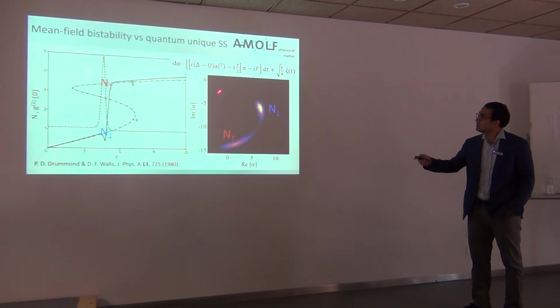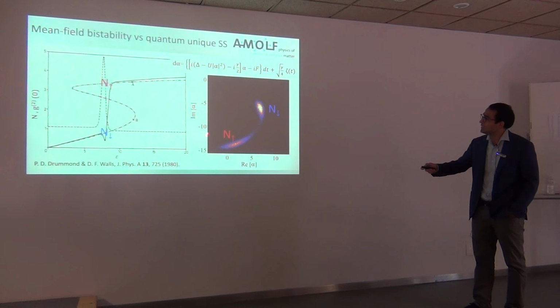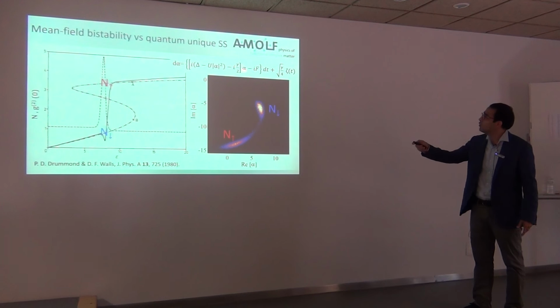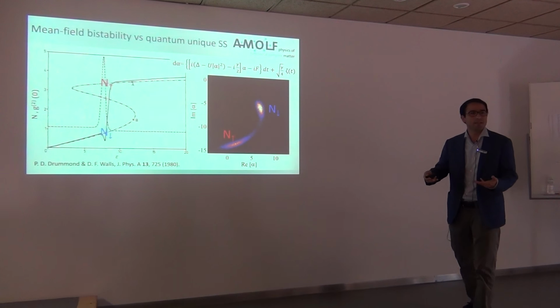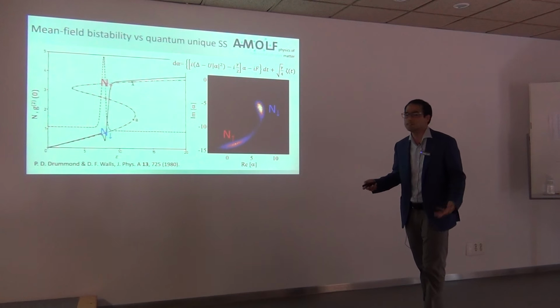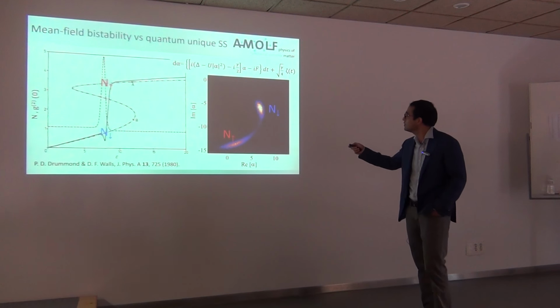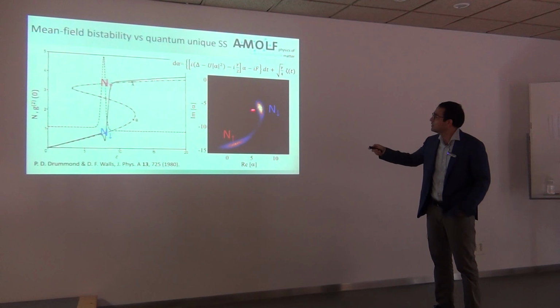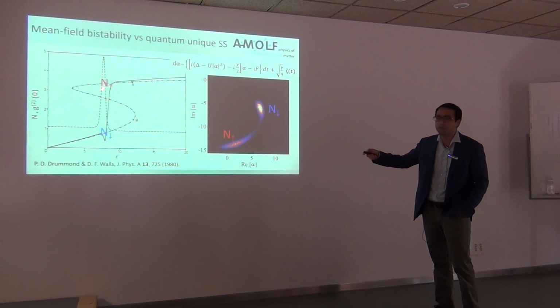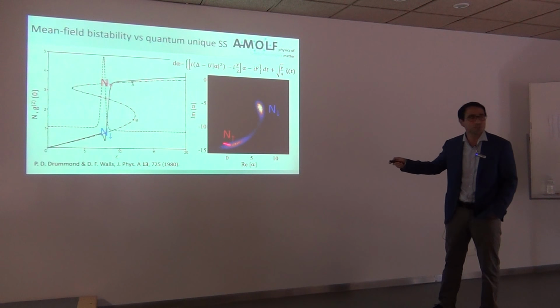And you see that in the phase space, which is just the imaginary part of alpha versus the real part of alpha, if you evolve this equation, you build a histogram, and then you can get a quasi-probability distribution, which corresponds to the Wigner function. And you see that there are these two peaks, which coincide with these two peaks here of the mean field. So you see this Wigner function is bimodal.